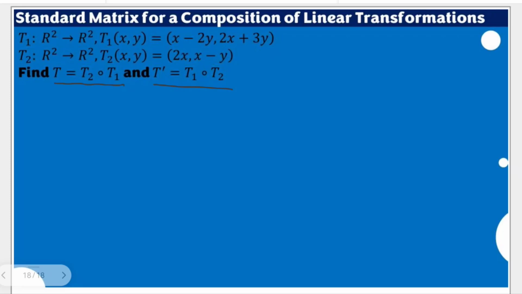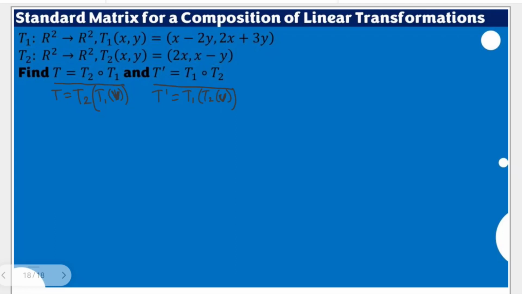By the way, before we start, we can rewrite this operation in this form: linear transformation of V, just like your algebraic composition. This also can be written as this. But anyway, we are not going to dig deeper on this, because what we need to do here is the standard matrix for a composition of a